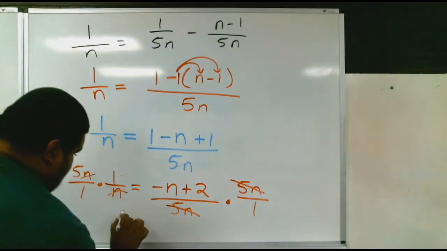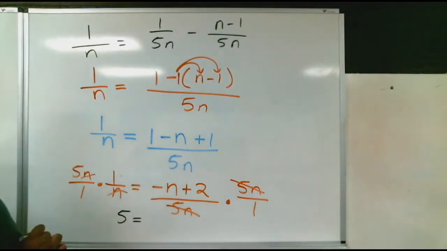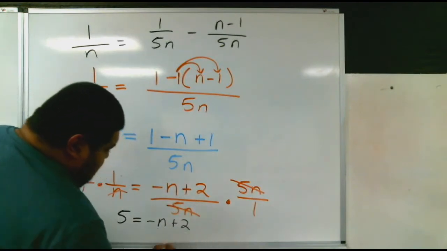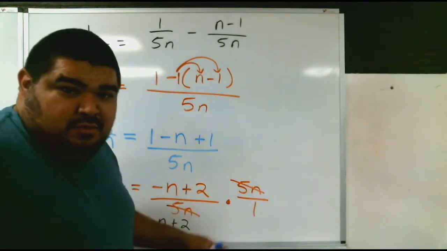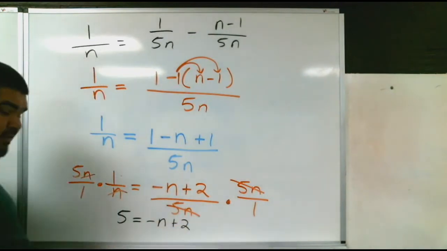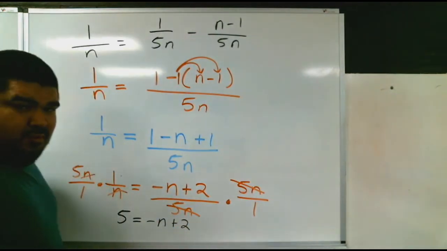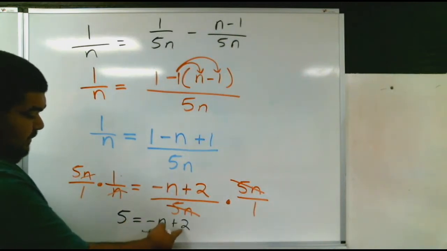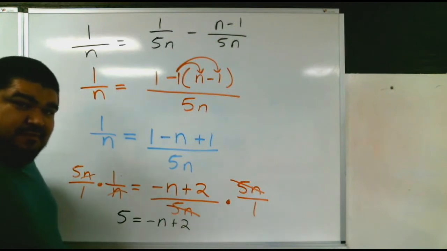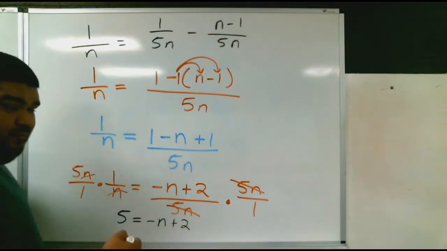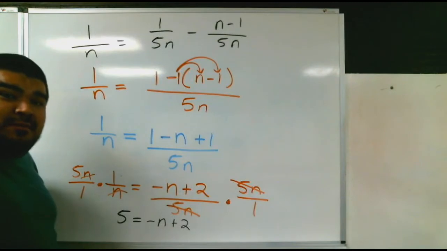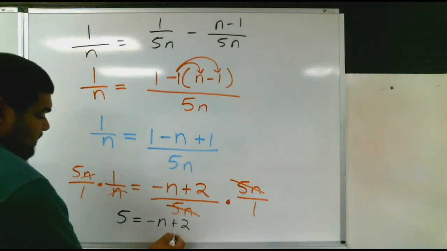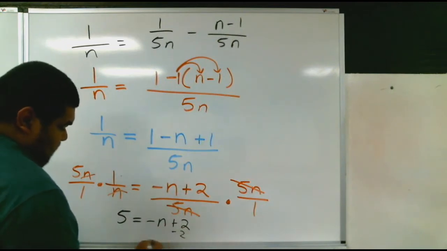So we have 5 equals, again, negative n plus 2, again, over 1, which is itself. So we really don't need the over 1 on the bottom. So we're left with 5 equals negative n plus 2. If we're solving for n, we have to get rid of the constant. Okay, get rid of that number next to the variable. Again, the opposite of positive 2 is minus 2 to move it to the other side